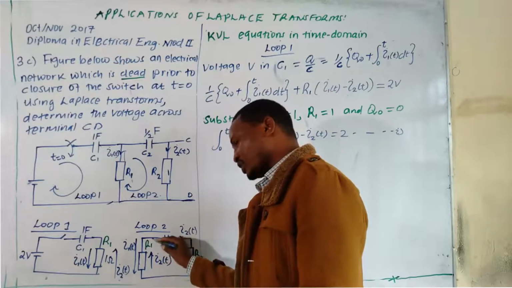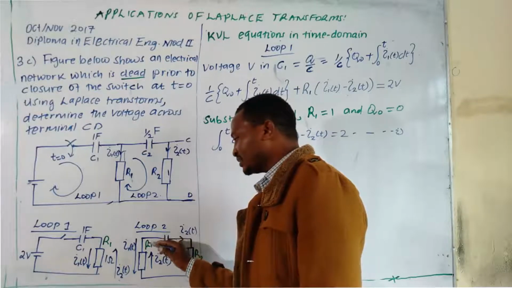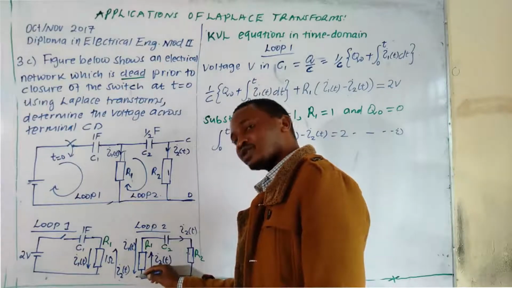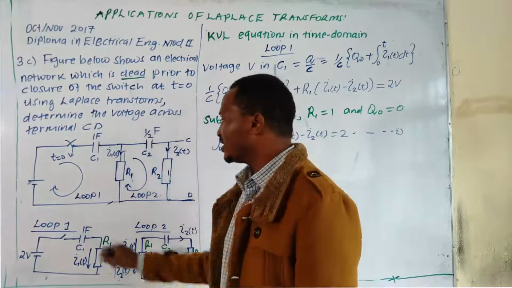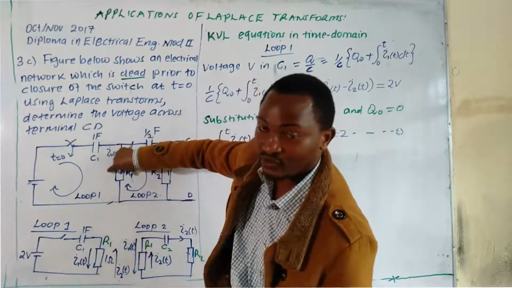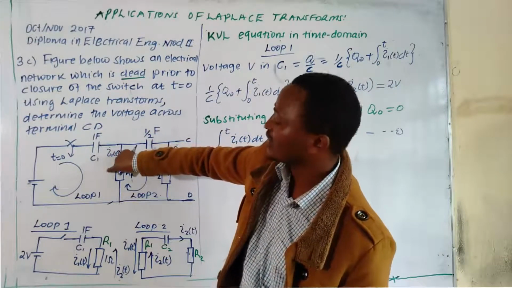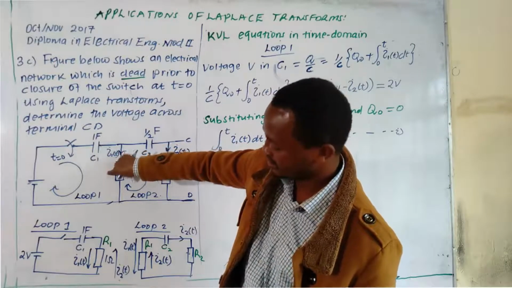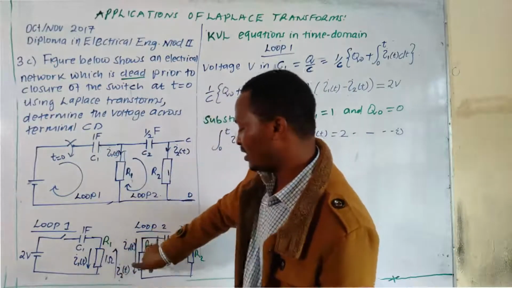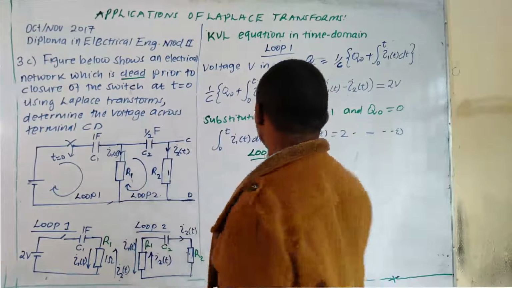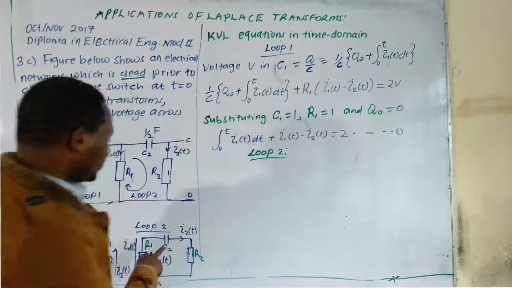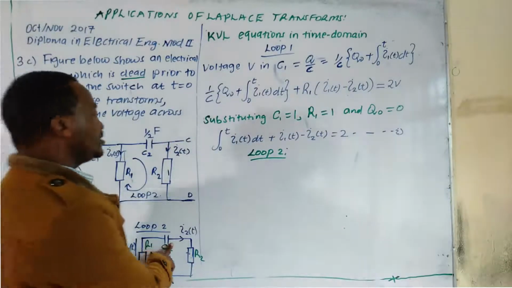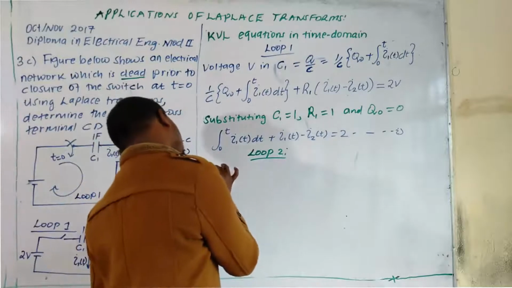Is I2, which is going upward, which is the main current, and I1, which is going downward. See, both currents flow through this resistor. That's why I've included both currents in loop 1 and in loop 2. So the voltage here is 1 over C,